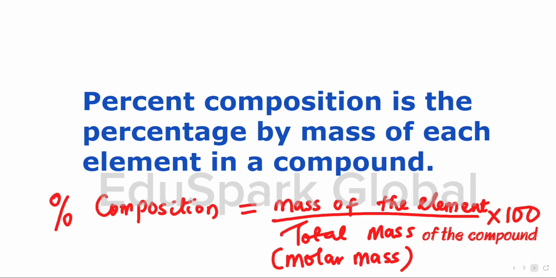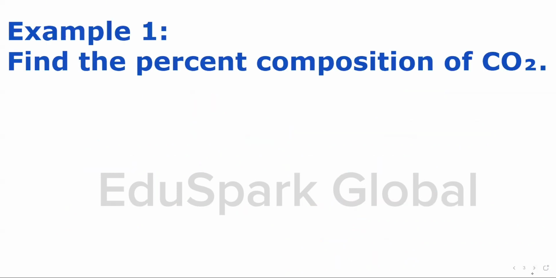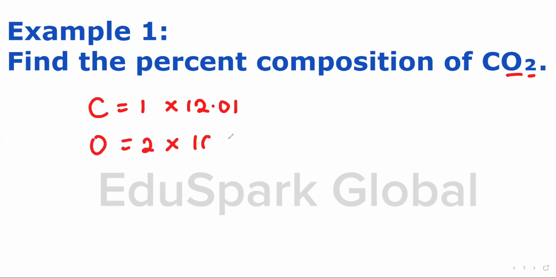The first example says to find the percent composition of carbon dioxide. The first thing we will do is calculate the molar mass of the compound. Carbon, we have 1 times the mass of carbon in the periodic table, which is 12.01. Oxygen is 2, 2 times the mass of oxygen in the periodic table, which is 16. Then we calculate